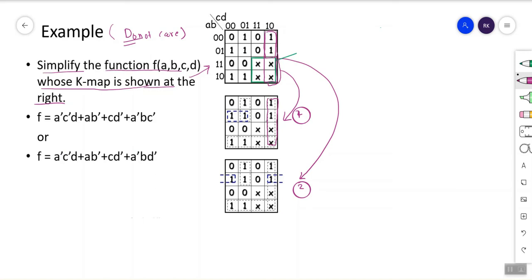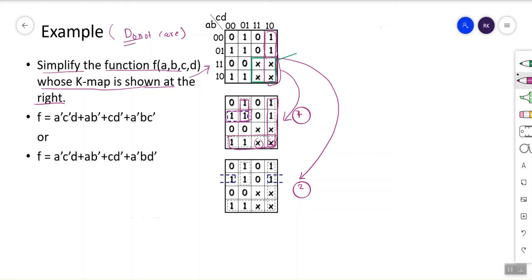Now they have made another group of 4 entries with 1s and don't cares. It is required because when making the group with 1, using this don't care and this don't care, we can make the big group. Big group means making a 4 entry group. So this is one group. After this they have finished with the 4s, and no other 4 entry group is possible. Now they are making the 2s. There is a 1 2 and there is a 1 2.